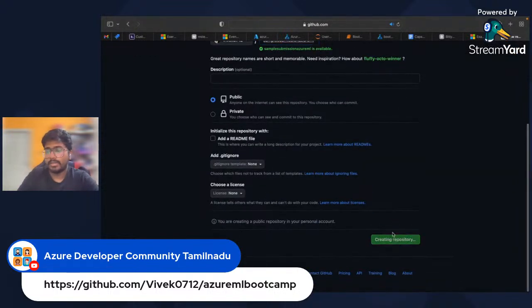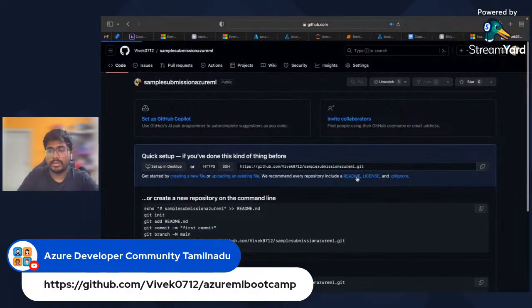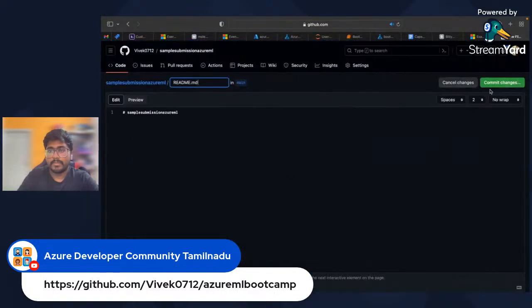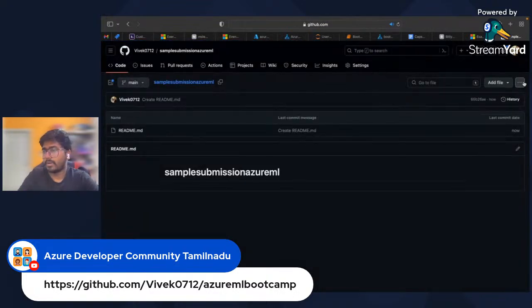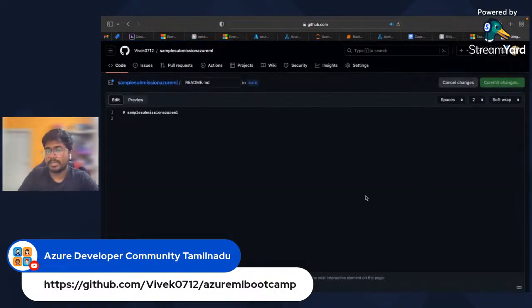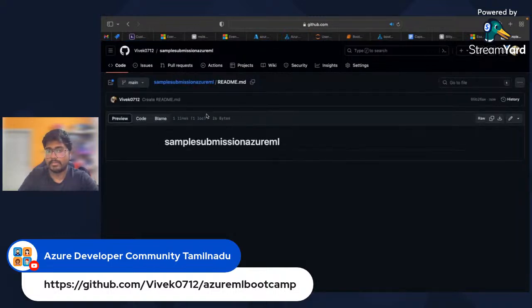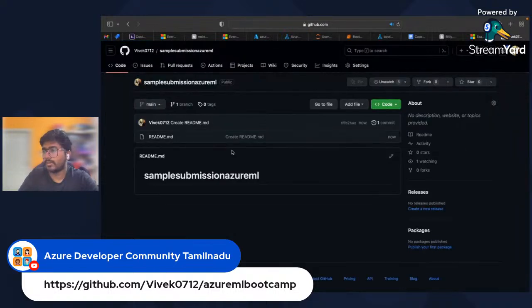Just create a repository and then add your code. Upload your notebook which you made, and if possible, in the README itself, append all your screenshots. Or you could upload them as files as well. So here also just create a folder and upload screenshots, or you can upload in the README file. And you have to share this GitHub repo link in the submission.